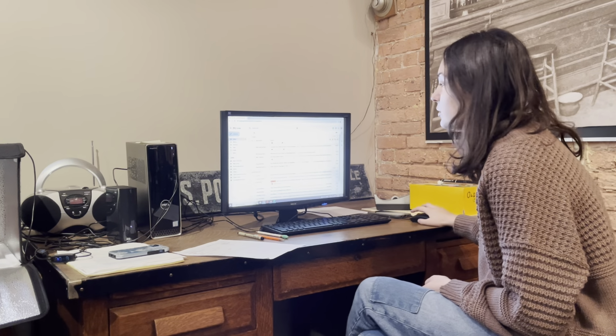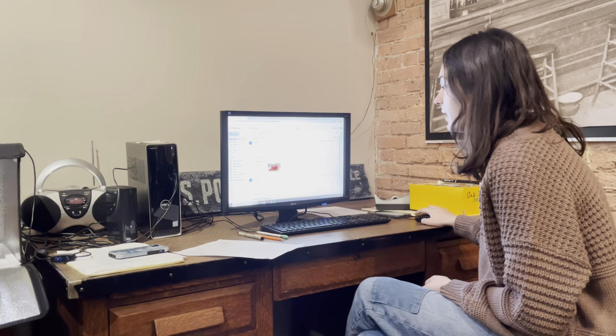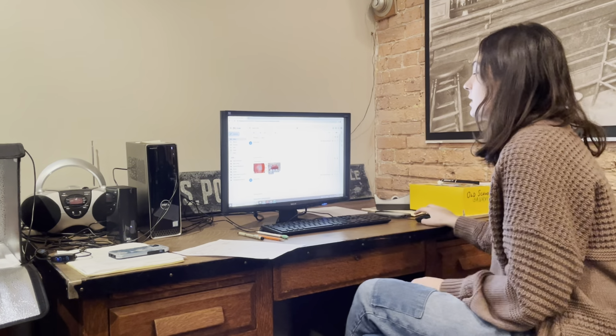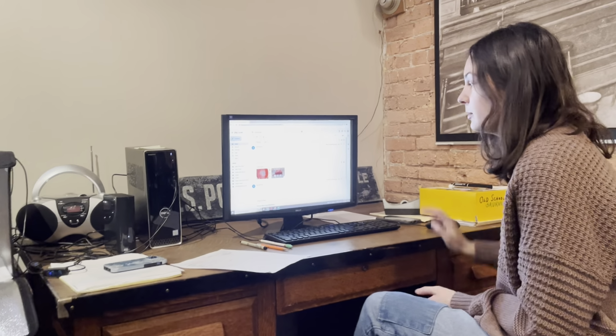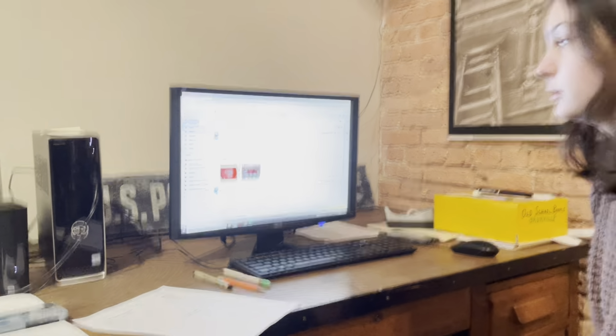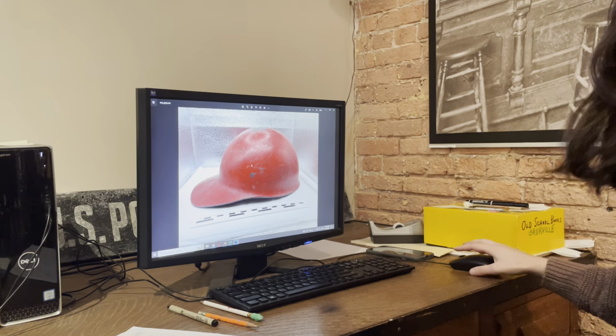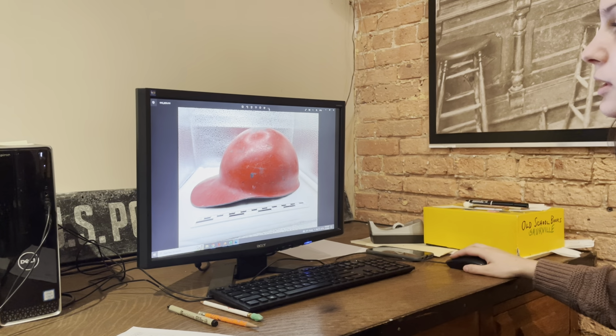Okay, so once you have your photos sent to the email, you can open it up and you're gonna hit download, which is a little arrow on each of the photos. And it might take a second for this part. Once your photo pops up on the screen, you can hit the three little dots in the top and then